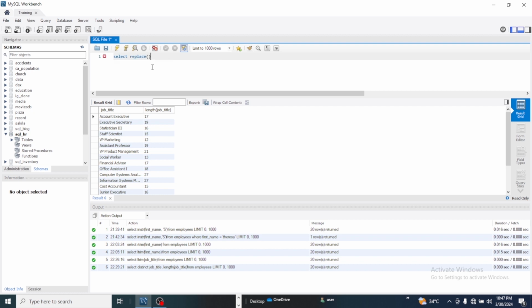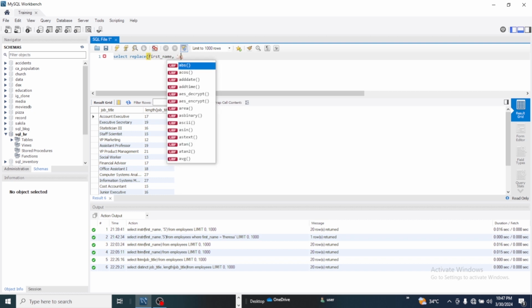Replace is a function. We are replacing first name, that's our column, comma, then single quote a, close the quotes, comma, then single quote capital letter A, then close it. Now what next? From which table? That's from